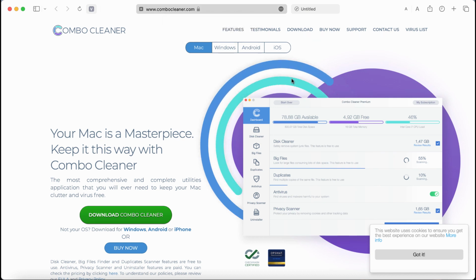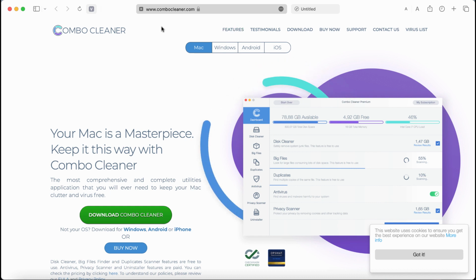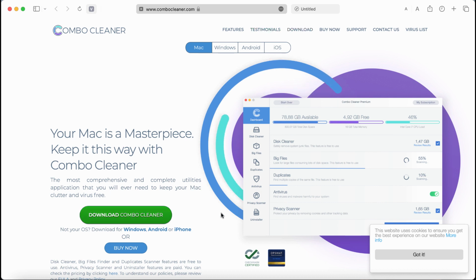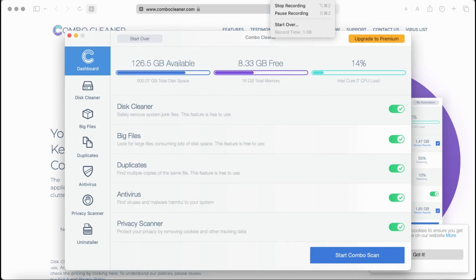Combo Cleaner antivirus can be found on the website combocleaner.com. Download the software using this green download button. By the way, the application is available for all popular operating systems. So download the software, install it, and once it gets successfully installed, then start carefully investigating your computer to detect